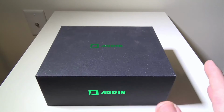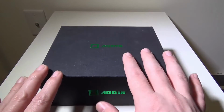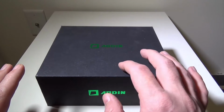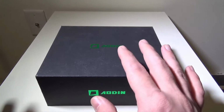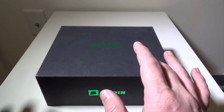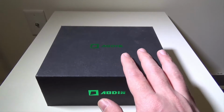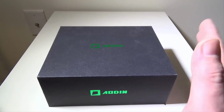Now they've got two different versions. One version is the AT1 and this is the AT3. And the AT3 has 2 gigabytes of RAM and 16 gigabytes of storage. So it's the upgraded version. The AT1 has 8 gigabytes of storage and 1 gigabyte of RAM. This box was very, very snappy in my tests, which you'll see in just a few moments after we unbox